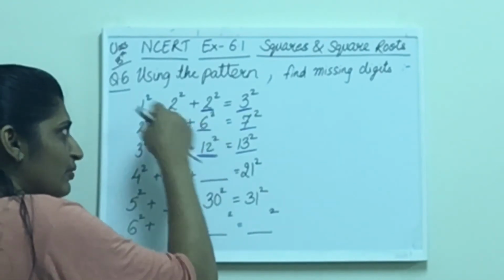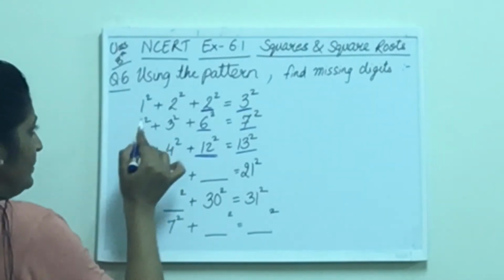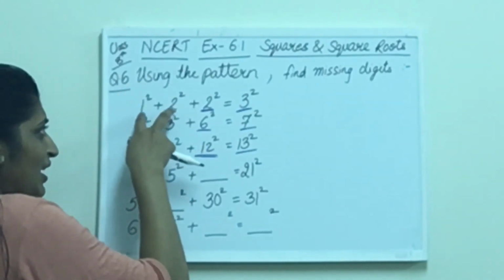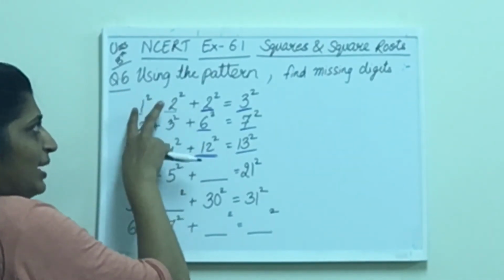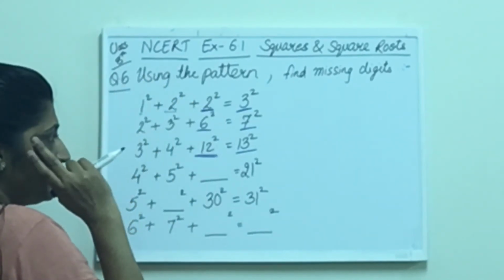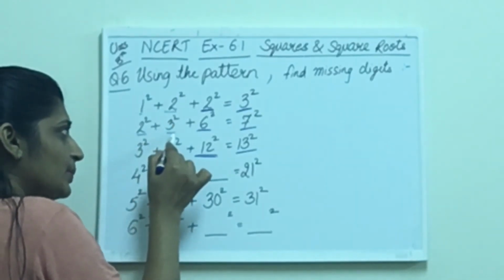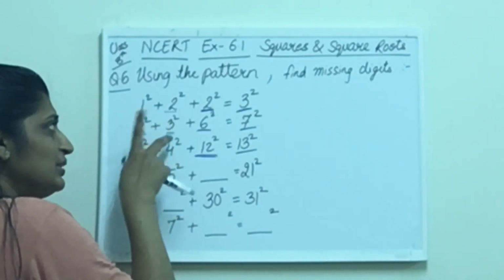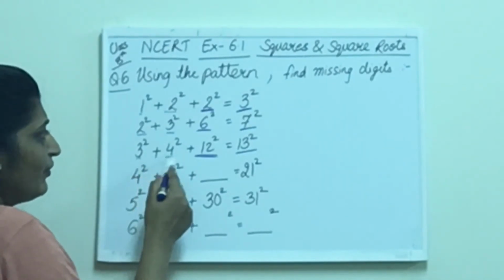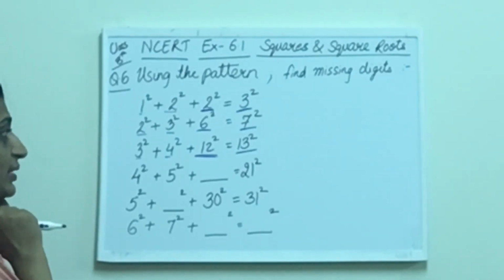The first 2 with this, or the 4th one. So I can see that here is 1, here is 2. When I multiply these two numbers, 1 times 2, 1 twos are 2. Yes. Now the next is 2 and 3. 2 times 3 is 6. Yes. 3 and 4. 3 times 4 is 12. So yes, it is strictly following the pattern.